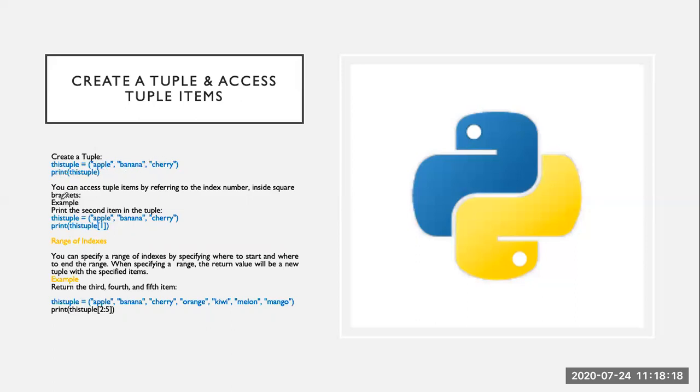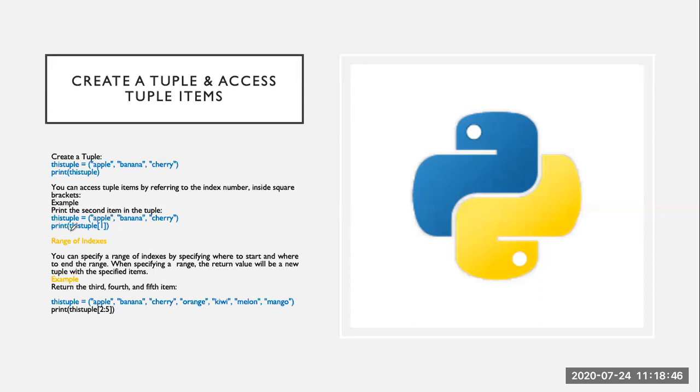Okay, so when we access tuple items, we can access them by the index, because tuples are unchangeable but they are indexed. This means that in case we want to access the first item or the second item, for example the second item in a tuple with 3 values, that is, this tuple has the names of fruits: apple, banana, and cherry.